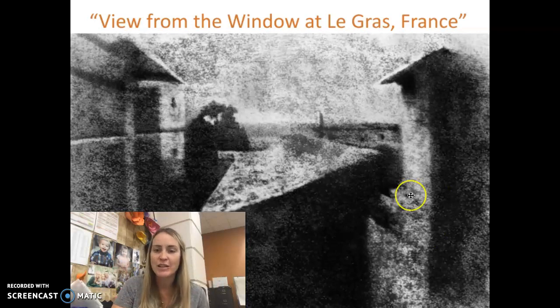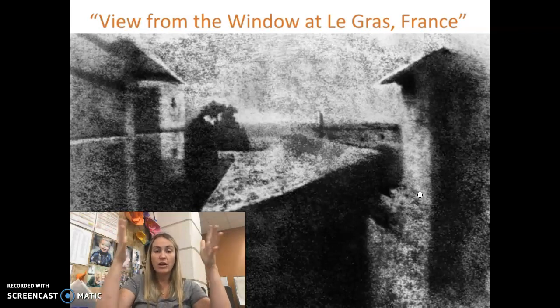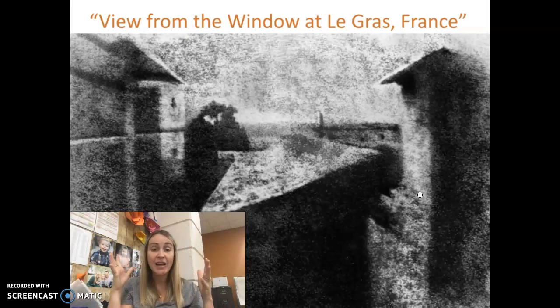But if you look at it closely, because at first it kind of just looks like this dark mass of like, what's going on here? But if you look at it closely, you can tell that it's from like, a second or third story window. You can see roof lines. You can see way back in the distance, like a steeple, maybe like a church steeple. You can see a tree over there off to the left. And so he is like so jazzed, right? Because he's created the first image. He has figured out how to make images permanent. He has combined the camera, the silver salt, and found a fixer, and now he's created the world's first photograph,